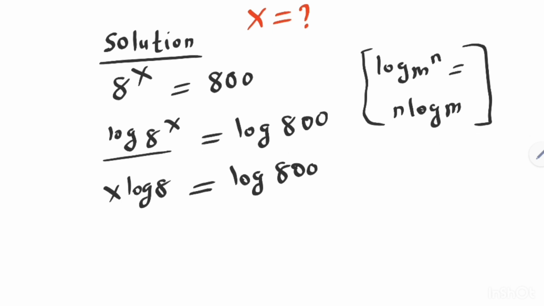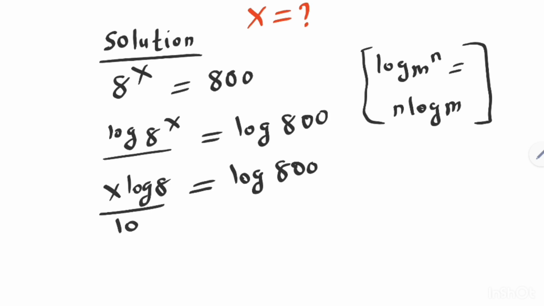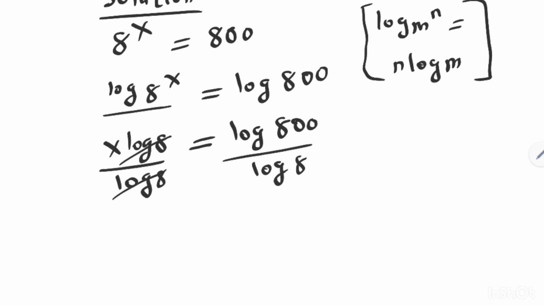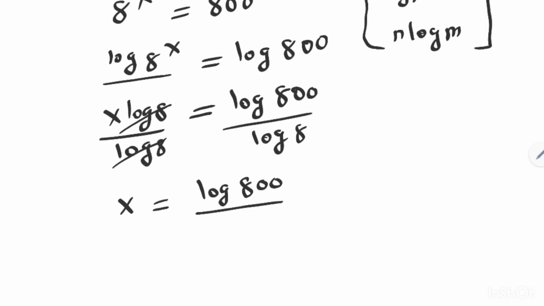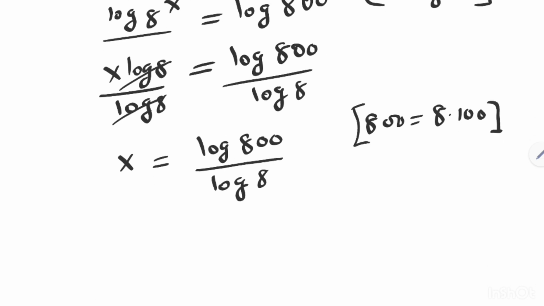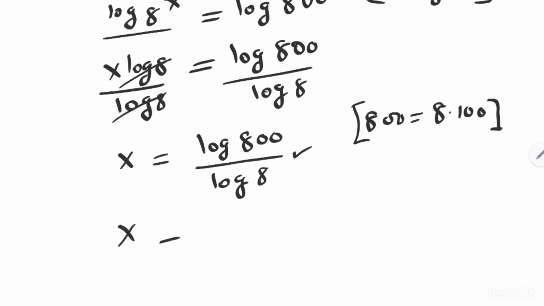Let us divide both sides of this equation by log 8. This divided by log 8, then this divided by log 8. This log 8 cancels this log 8. x is equal to log 800 over log 8. But 800 is equal to 8 multiplied by 100. Then this can be written as x is equal to